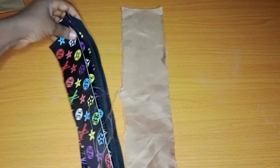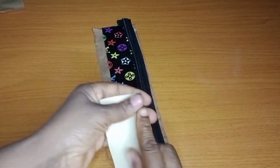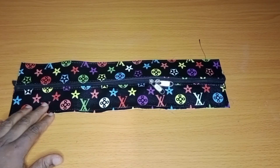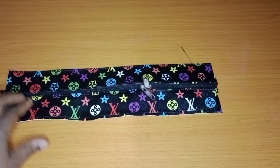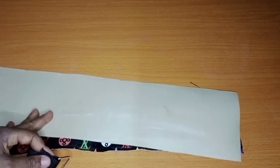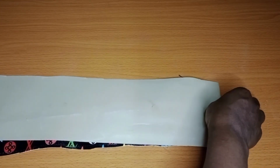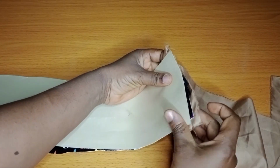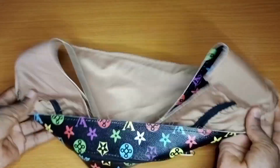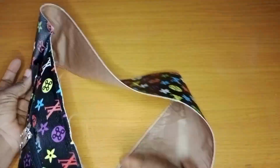So I've made one part, and I'm about making the second part. Just place your stuff like so, and then sew straight. So this is it after sewing it. So I had to attach the base to the zipper, and before doing that, I inserted the belt holder, and then I placed my lining, and this is what we have